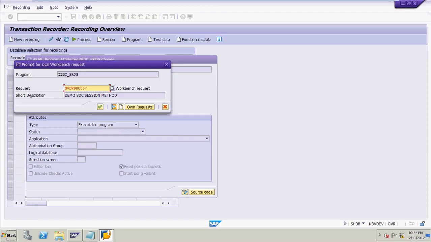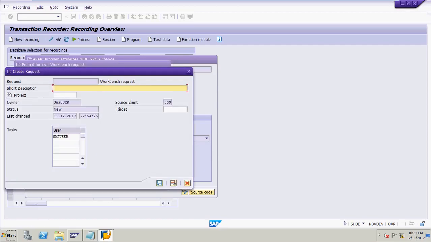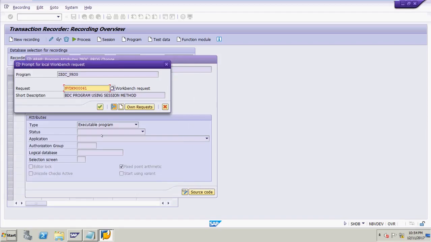Give the short description, which I have already given here. Click on create request and here you can write BDC program using session method, and click on the save button.